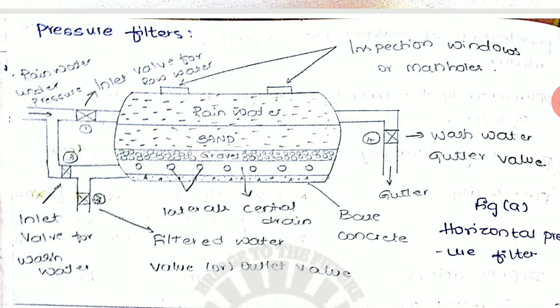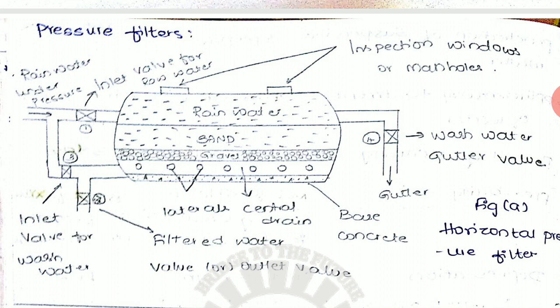The cylindrical type, a metallic cylinder, is placed horizontally. Within this cylinder, the filter media is provided with a sand and gravel layer, and as usual, an inlet and outlet are provided. The inlet and outlet are connected to the cylinder, and also an inlet valve is provided to wash the water